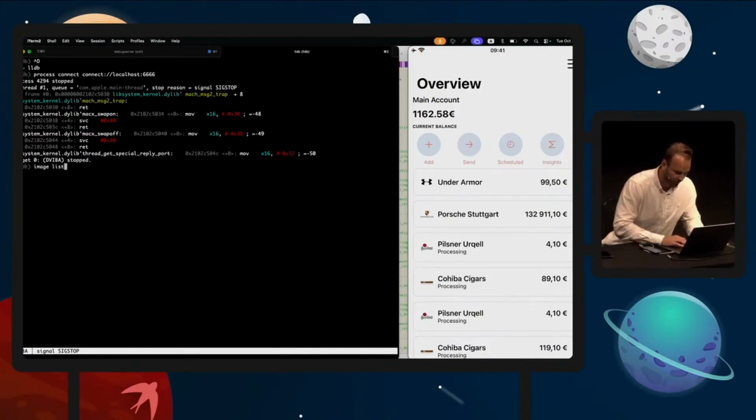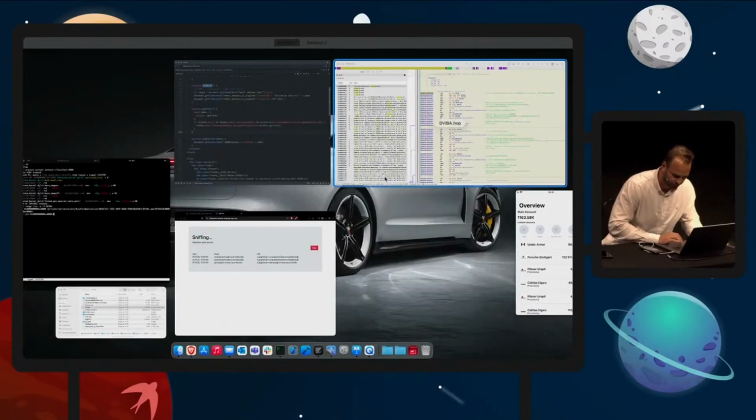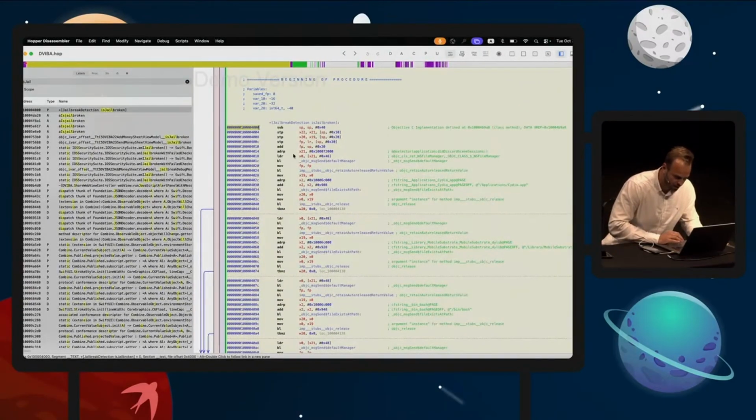So now I have to actually resolve the address space layout randomization. So image list -o -f on Dweba will give me the offset. So that's the offset. And now I can calculate the address in memory. I will take the offset, and I'm going to add the function address of isJailbroken.